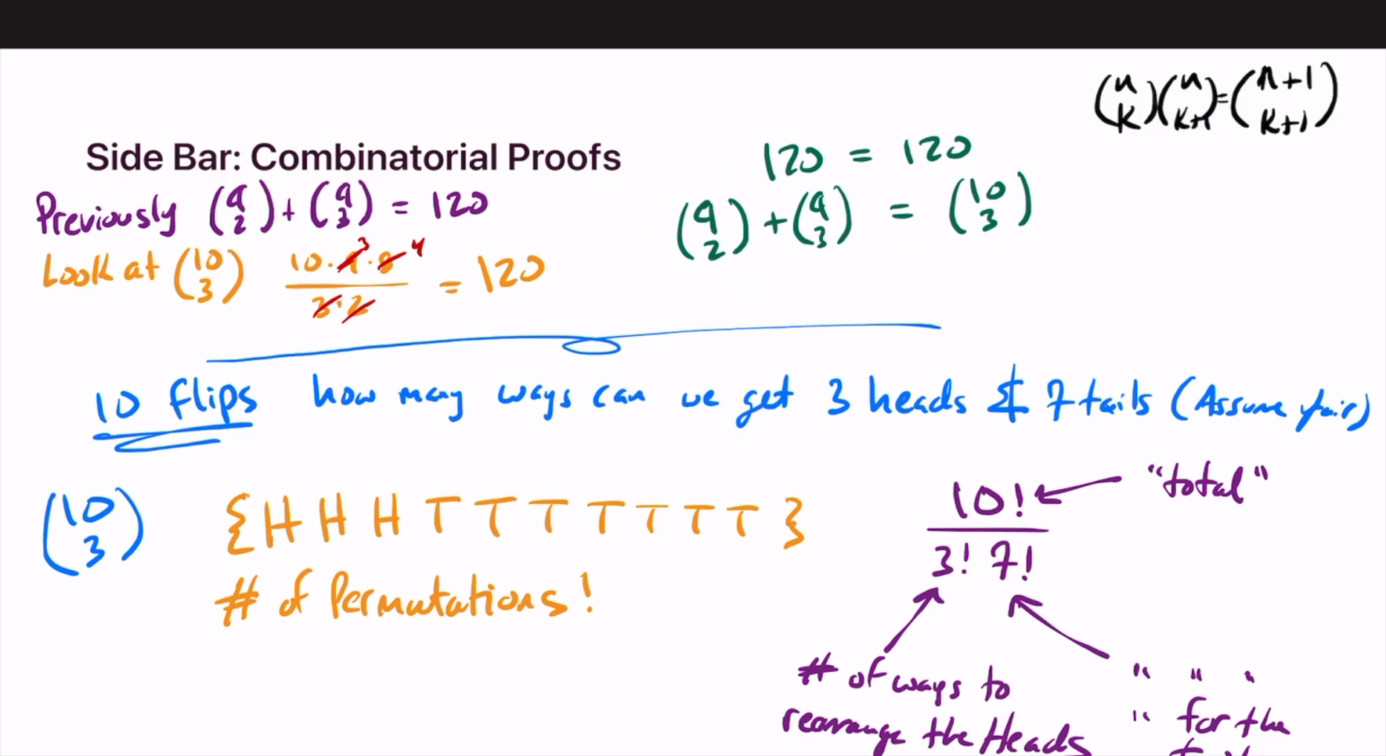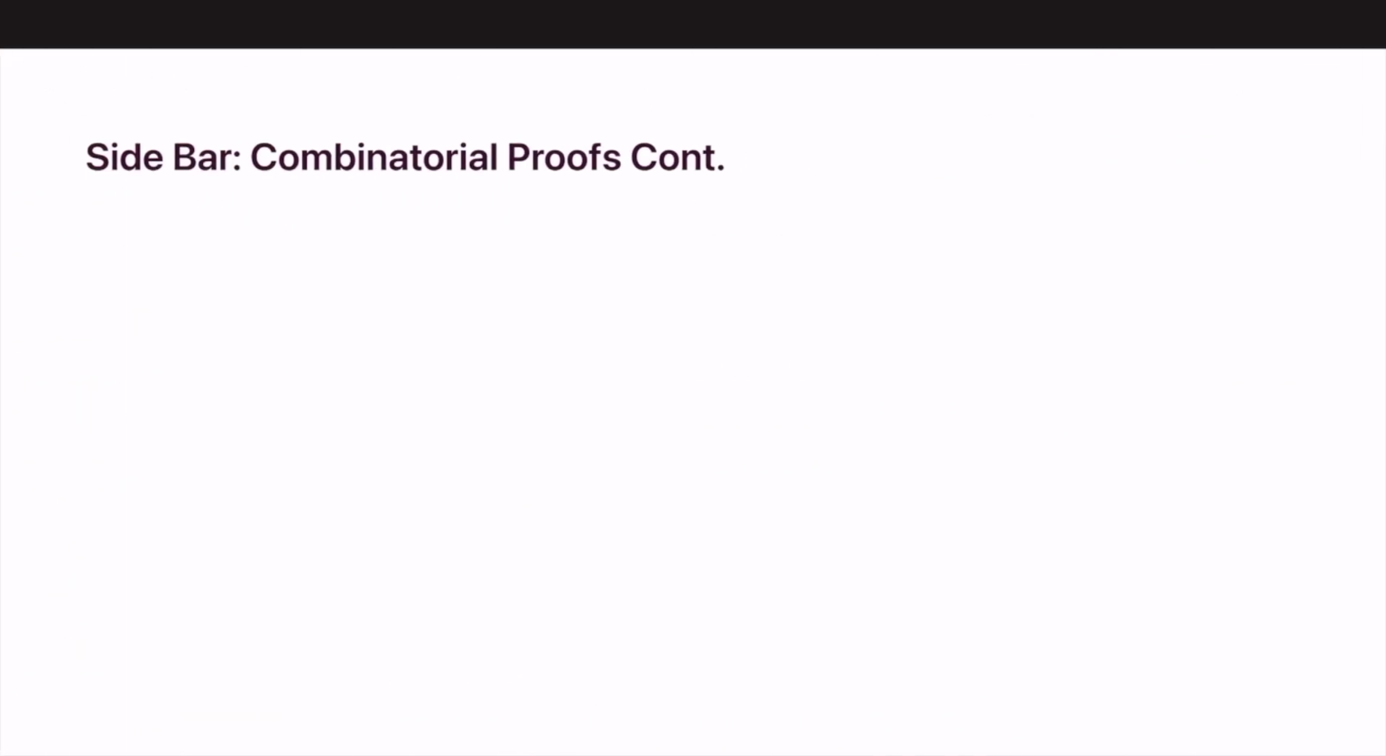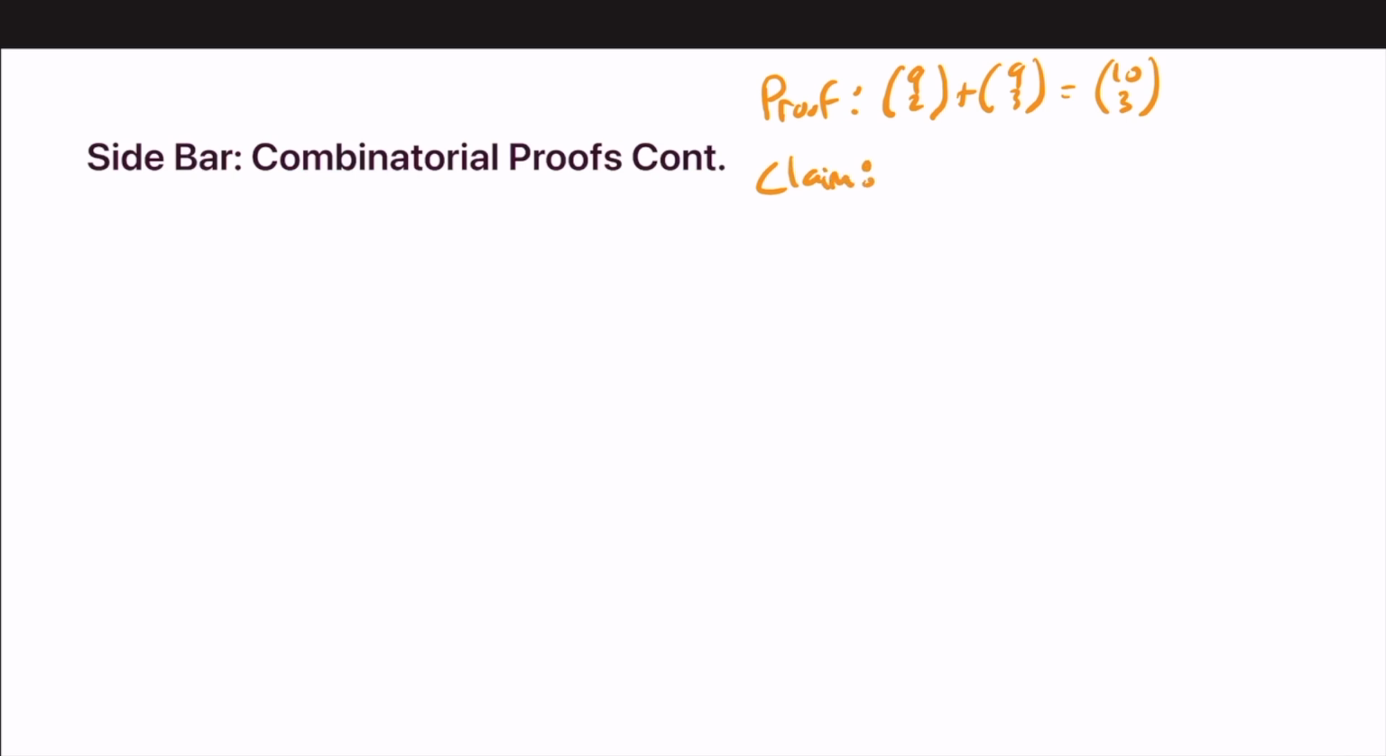Okay, so we have set this problem with heads and tails and with 10 flips, and let's go into a little more proof mode here. So we have our claim, and I'll write this up here. We want proof that 9 choose 2 plus 9 choose 3 is equal to 10 choose 3. And our claim is that both sides, so that's the 9 choose 2 plus 9 choose 3, and the other side, 10 choose 3,